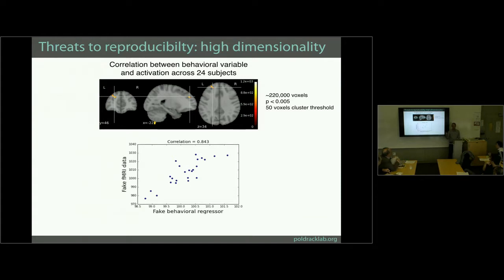Turns out that those are all fake data. I just made those up. I generated random data for the behavioral data and the imaging data, and used a commonly used threshold and was able to find what looks like a really beautiful correlation between behavior and activation, and that's because we didn't exert the proper control. And these are the kind of data that you often see, or at least in the past often saw in